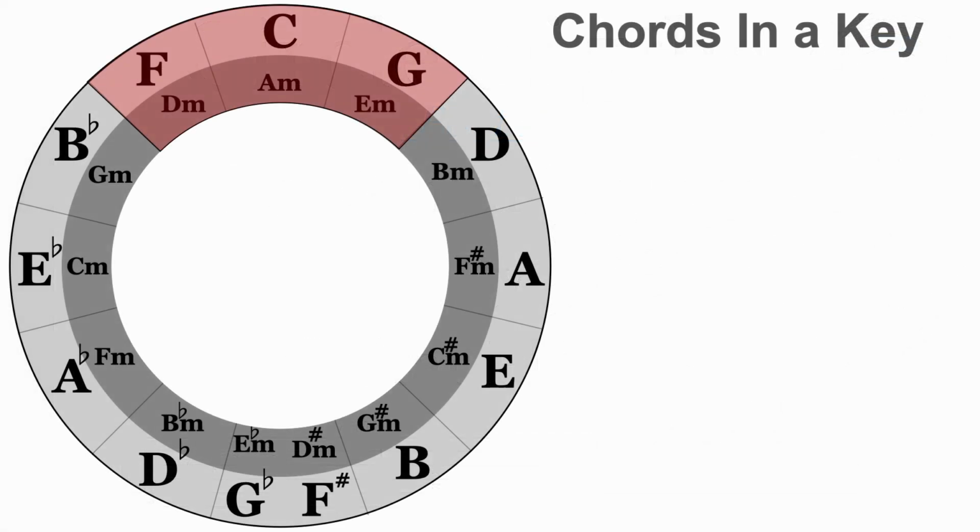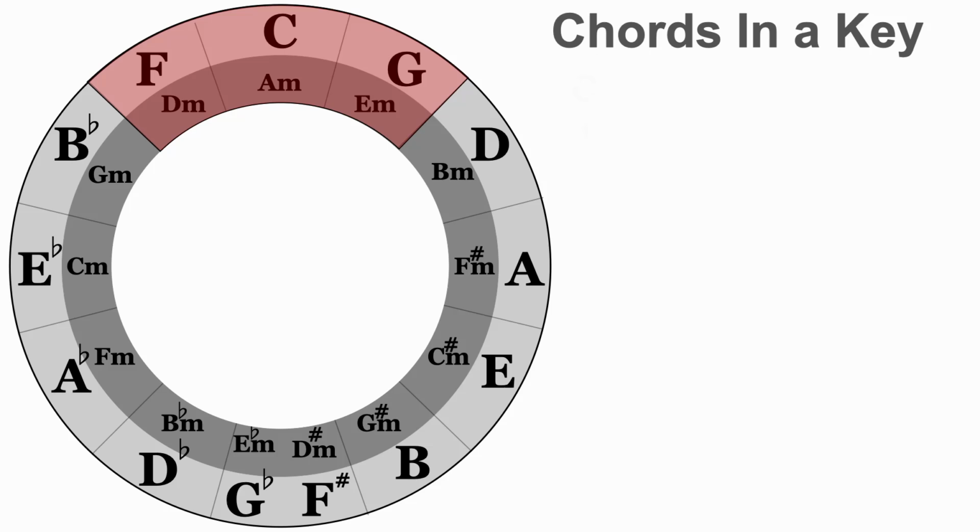So here, taking a look at this, we're looking at the C major key, and the chords in the C major key are C major, G major, F major, D minor, A minor, E minor, and I'm leaving out the B diminished for the time being. If you're not familiar with what we're looking at here, please go back and watch the first video. But we're going to start here by looking at the structure of each one of these keys more in depth. Now we know the chords, and that's all well and good, but really what starts to make up the unique sound signatures for each one of these